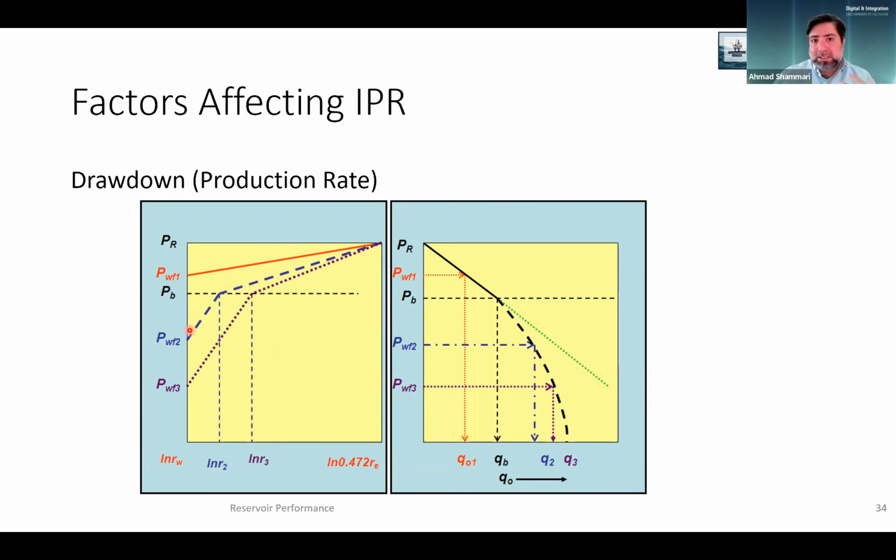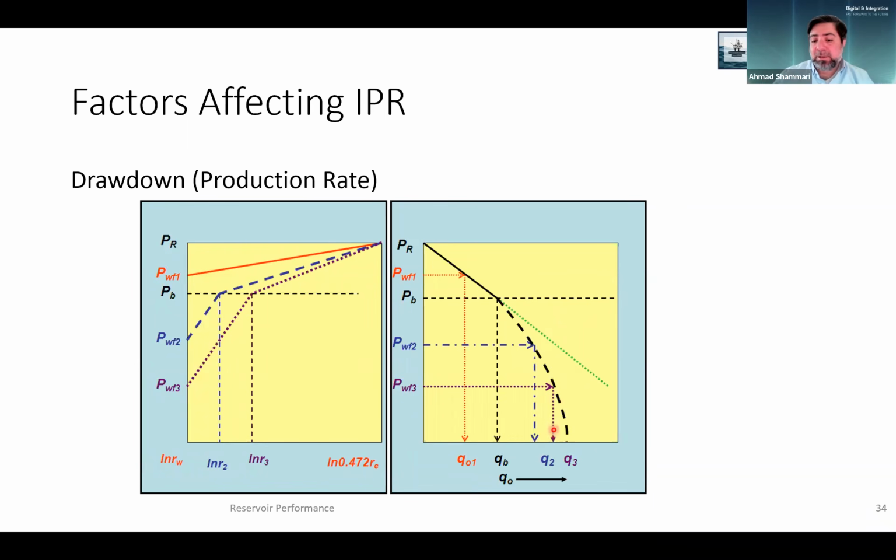We have gas and oil that are competing to enter the wellbore, and that's why we have more pressure drop. We call it two-phase skin, right? And that's why we see that we will have more drawdown, or the curve of the IPR will go down, right? And this is similar for